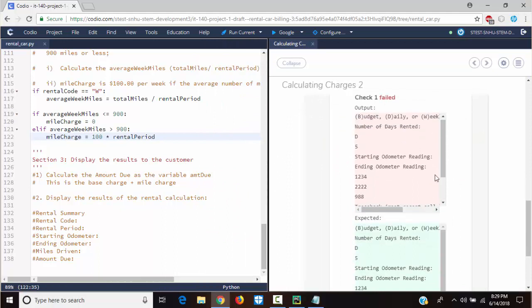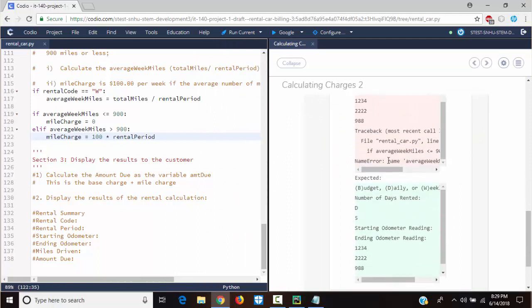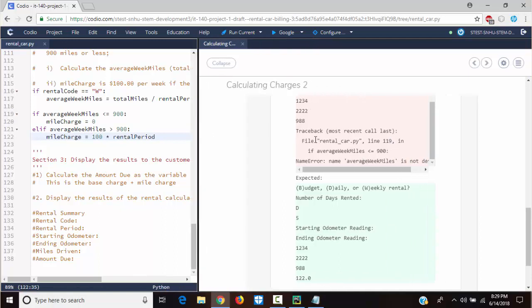Let's see what they want and what we are given. So here it says traceback, most recent call, file rentalcar.py, line 119, and this is line 119. If average week miles is less than or equal to 900, NameError: name average week miles is not defined.